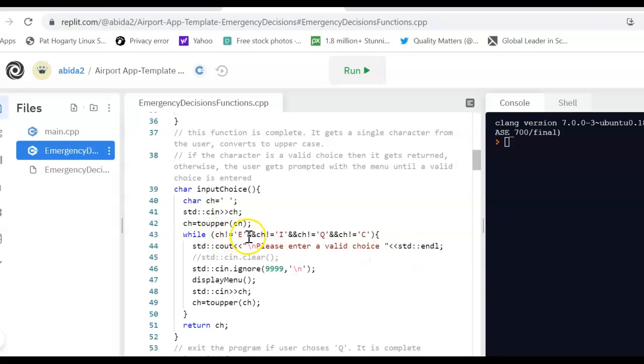As you can see here, if you watched my video on building conditions, here is a condition using the AND operator. So while the input character is not equal to E and it's not equal to I and not equal to Q and not equal to C, keep looping. This condition building and while statements have been used in order to do input validation, to keep repeating if the user enters an incorrect